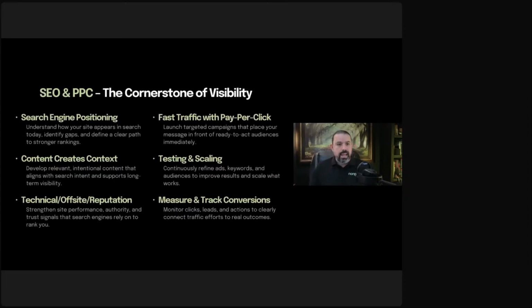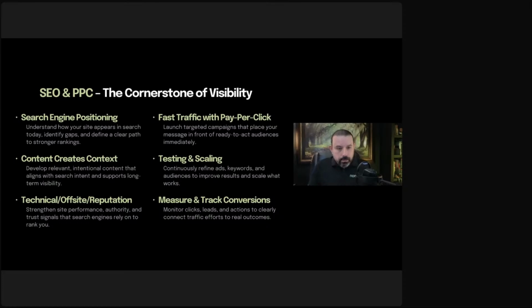All right, we're going to move on to SEO and PPC. SEO stands for search engine optimization, right? It's the art and the science of getting you higher in the search engines when something that's searched should have you in the results. PPC is pay per click. That's advertising that you do, paid advertising on the internet. And these are the cornerstones of visibility. When you build a website, it's like building a shack in the middle of the woods, and there's no road to it. SEO and PPC basically create both the roads and the airdrops to your place, all right?